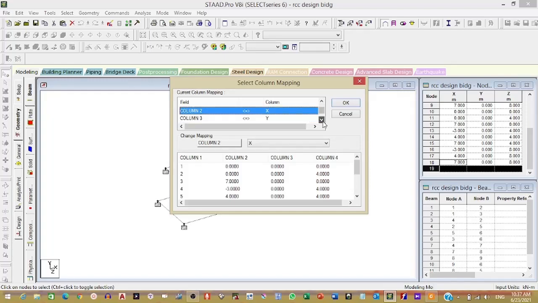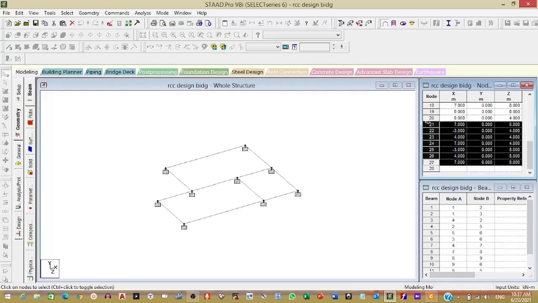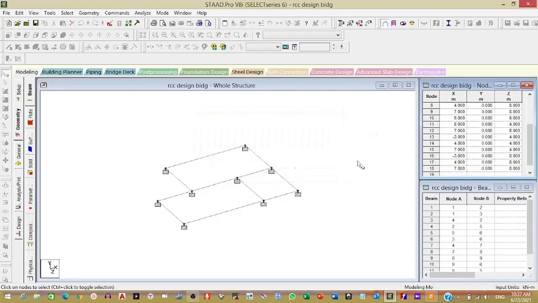I am taking a story height of only 4 meters. Here I will change the y coordinate, because the first 9 nodes are at ground floor, but the next 9 nodes are on the upper level, that is the first slab level.